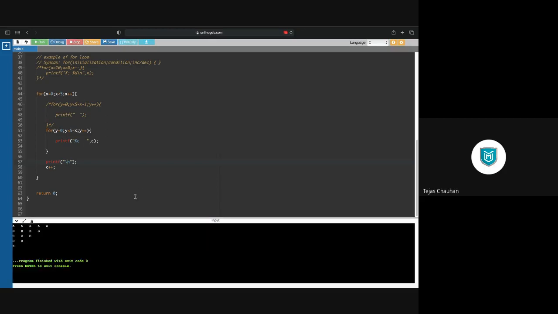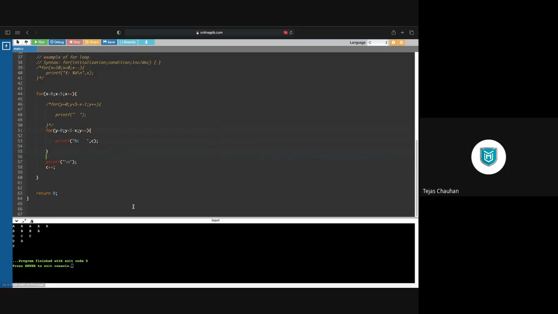Look, sometimes these online compilers will not give you the proper output, so try to run it more number of times and you'll have the proper output, right? So this is what we actually want. First row A, second row B, third row C, and so on. So outer loop, inner loop, decide your conditions based on what type of triangle you want, lower triangular, upper triangular, or what, and then you decide what you want to print, whether you want ABCD, whether you want 1 2 3 4, whether you want star, what, right?